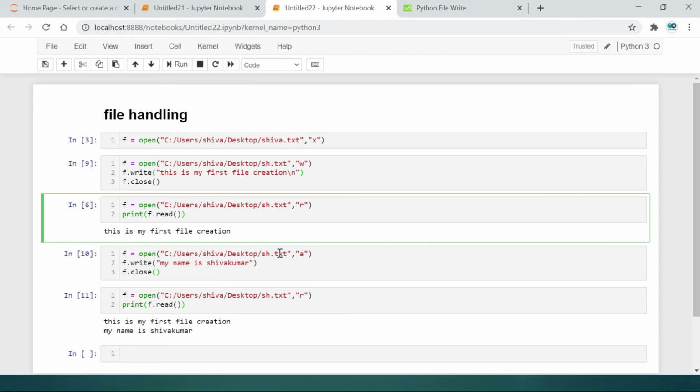A particular file has values, and we have to add one more column or one more value or one more text data. Just add by using append, and see this here.